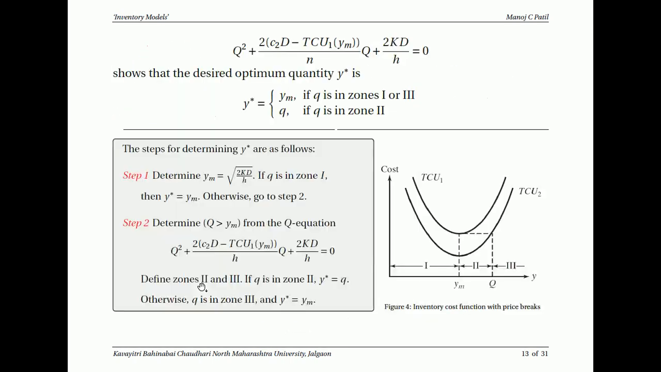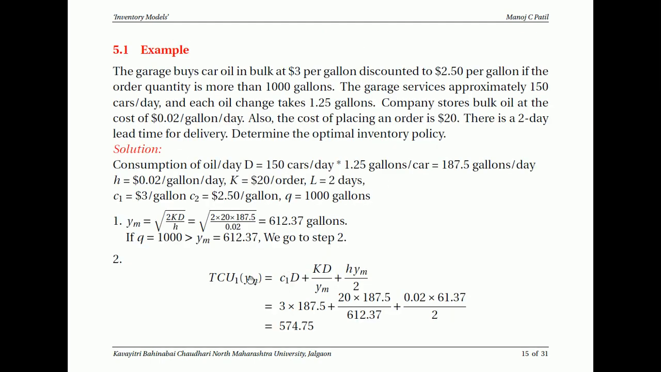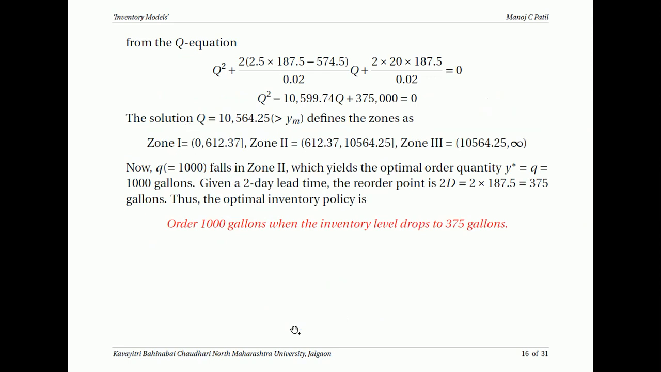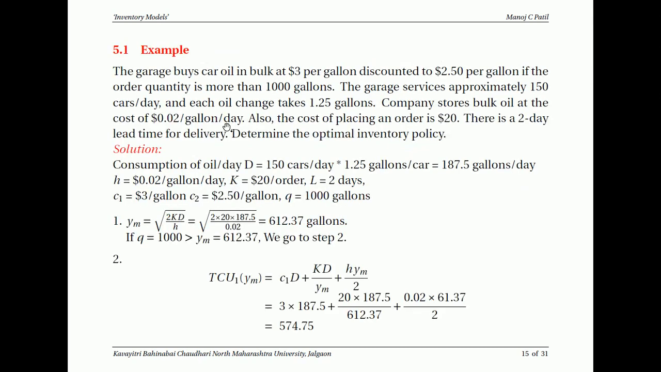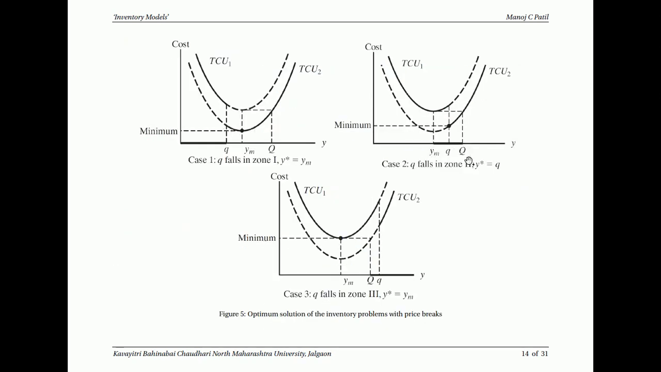First we need to calculate TCU1 of ym. We got that by the DC1 formula, 574. Now putting this 574 in the quadratic form, we will get Q is equal to 10,564. Now we are in case 2. Here it is 1000 something, and it is 10,000 something. So now Q is in